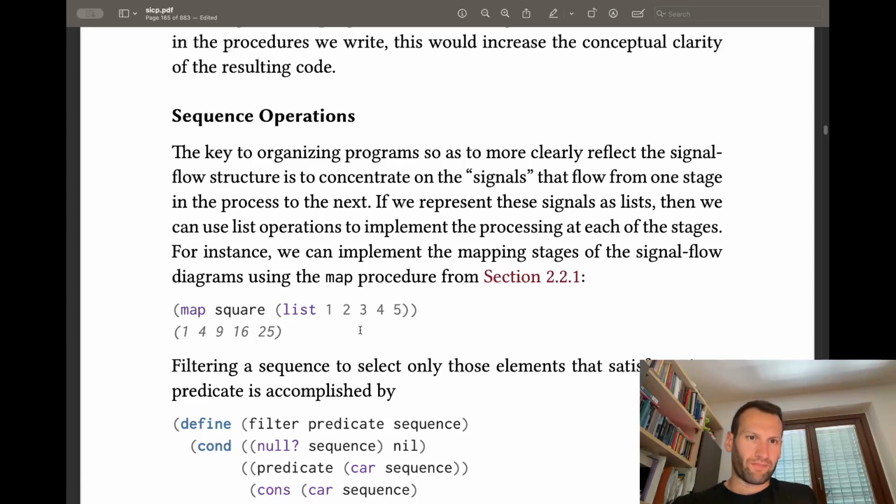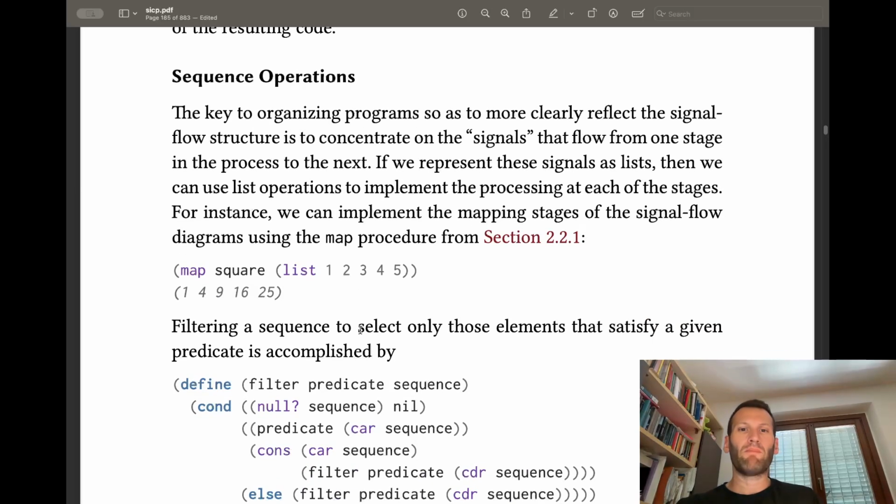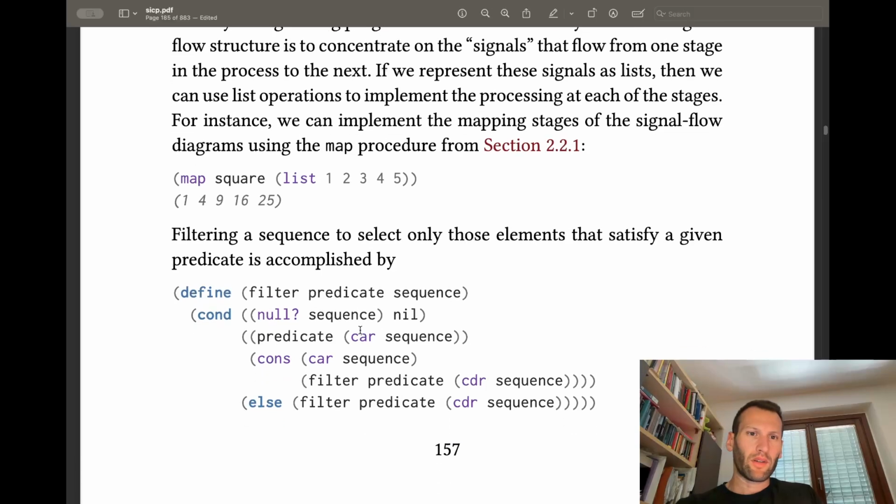Sequence operations. The key to organizing programs so as to more clearly reflect the signal flow structure is to concentrate on the signals that flow from one stage in the process to the next. If we represent these signals as lists, then we can use list operations to implement the processing at each of the stages. For instance, we can implement the mapping stages of the signal flow diagrams using the map procedure. Filtering a sequence to select only those elements that satisfy a given predicate is accomplished by